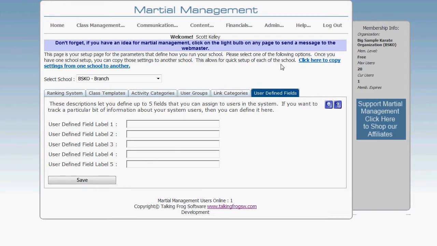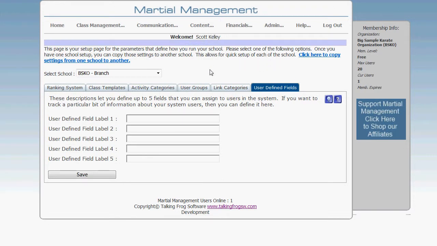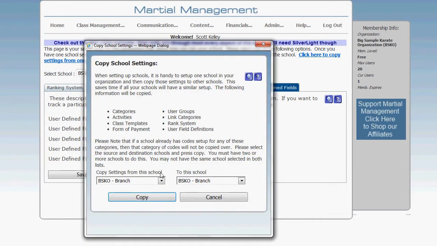So in order to avoid having to set this school up by hand, we can take an existing school and copy its settings by clicking this, click here to copy settings from one school to another. So we're going to choose the My Test School as the source. We're going to choose the branch school, the one that we just created, as the branch, and I'm going to